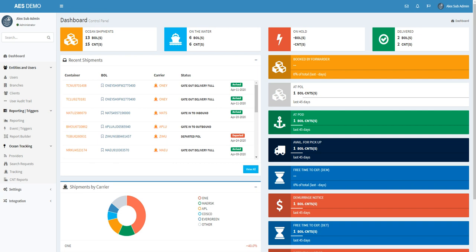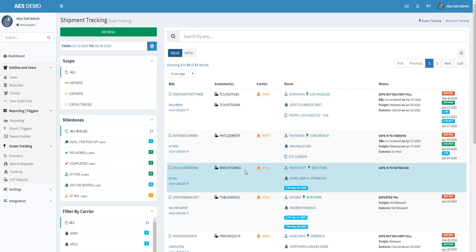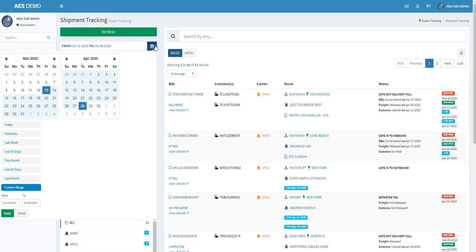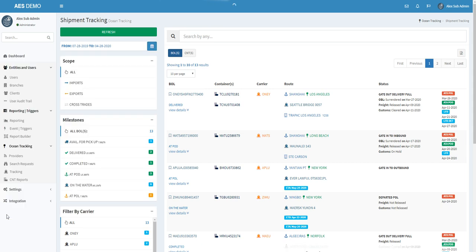So I will show you what our application does for operations personnel that have lots of bills of lading. What I'm going to do first is extend this date range so that we have more bills of lading to demonstrate, and this will mimic the monthly volume of a mid-size freight forwarder. Okay,